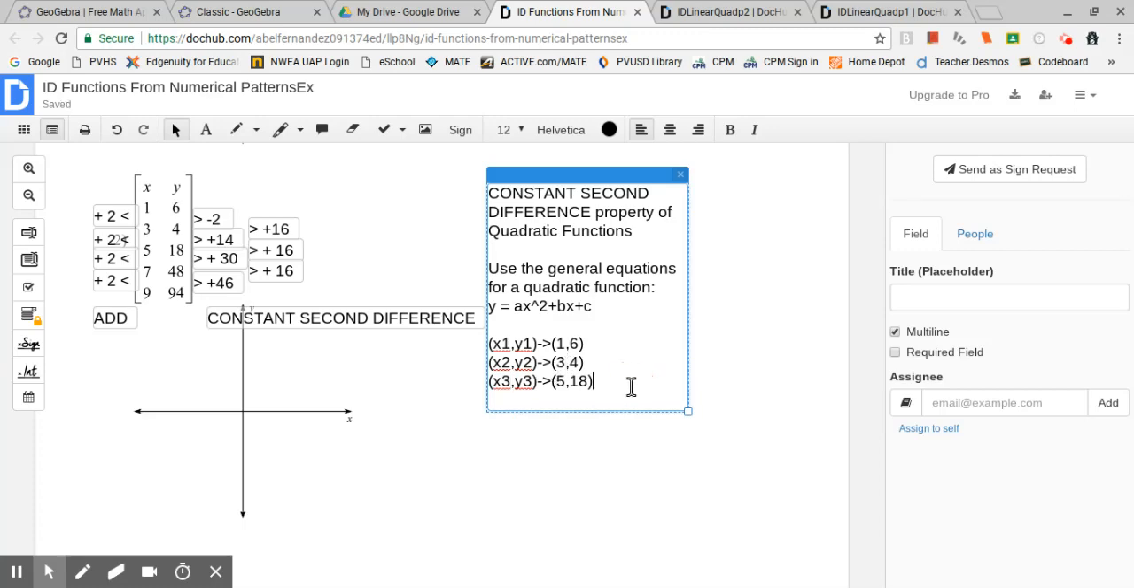So here we are identifying quadratic functions from numerical patterns. Okay, so I'm not sure why this is going so slow. And so your y1 equals a times x1 squared plus b times x1 plus c. And your 2 other equations are going to be